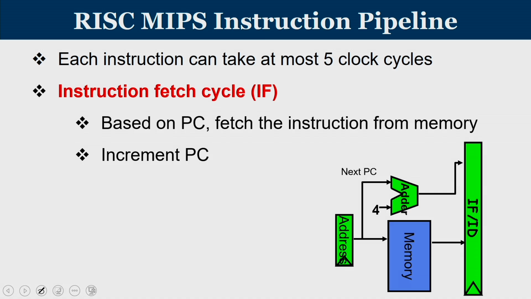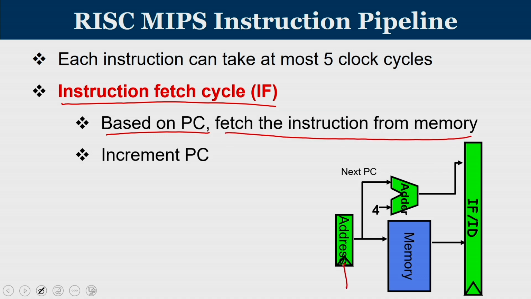So, the first one is known as instruction fetch. This is the circuitry associated with the instruction fetch. What it does is, based on the program counter value, fetch the instruction from memory. So, this is the address that is supplied by the program counter. It goes to the instruction memory, in which the instruction is stored, and the contents of that are taken and stored in the pipeline register IF/ID. In the meantime, we are going to update the PC such that we will come to know from where the next instruction is to be brought.